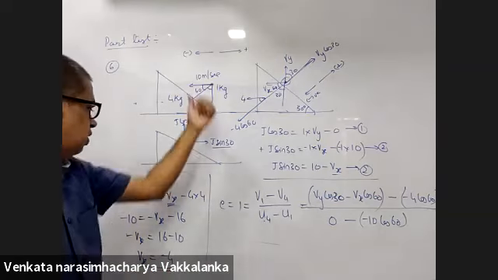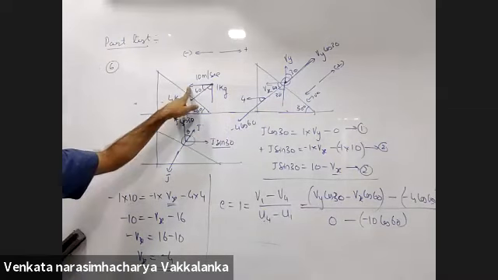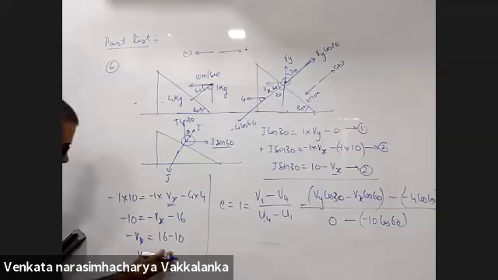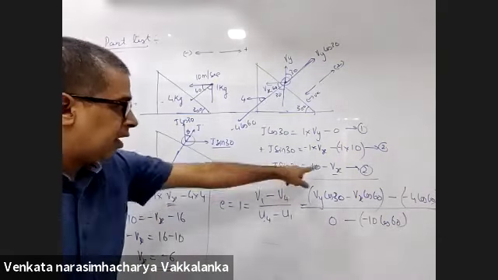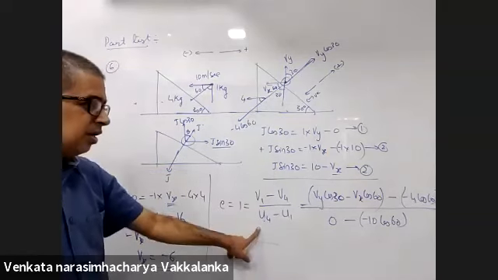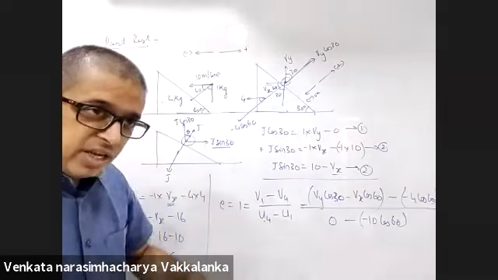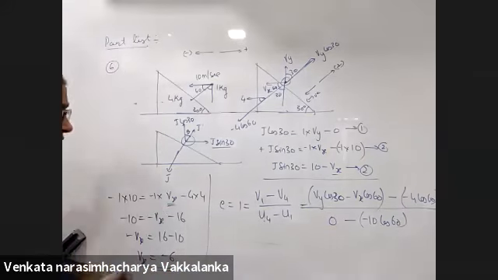That means Vx will not be in this direction. It will be in the backward direction. So minus Vx is 6, right? Minus 6. Now find out Vy. I know Vx. J from these two equations. Third equation is this. Finding out Vy will not be difficult. He asked you for J and he asked you for V. When will I get V? If you get Vx and Vy. Please make it fast and tell me if you are getting the answer or not.